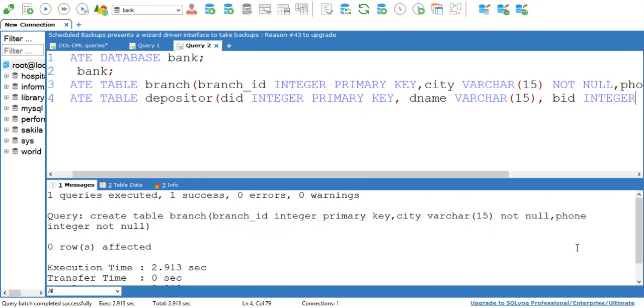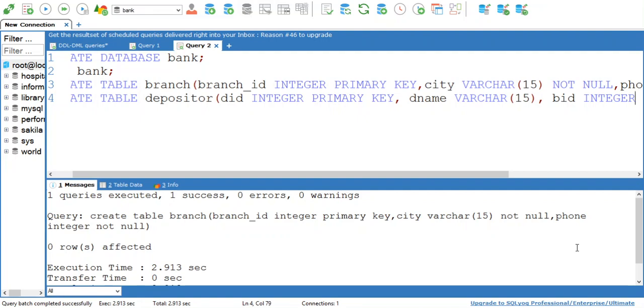Now I want to link these two tables together, branch and depositor. Which is a common attribute between these two tables? Branch ID. In the branch table we have the branch ID attribute, which is a primary key. In the depositor table we have the BID attribute, which is also used to refer to the branch ID, and it is a simple attribute in this table.